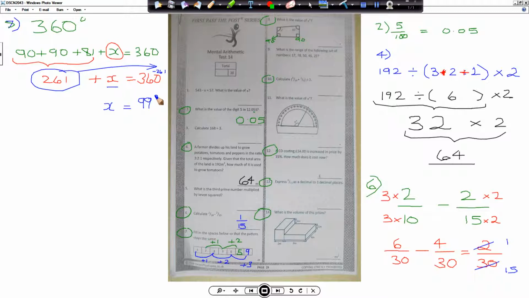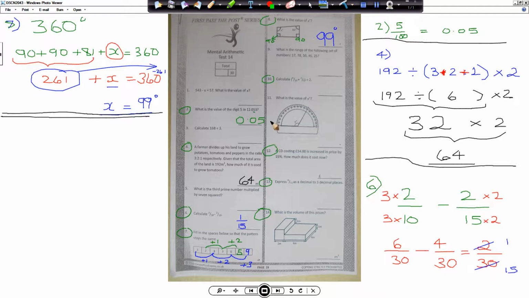No, got that right. Okay, but we're doing this for the ones who got it wrong. X is equal to 19. My next question is number 10. So we now have to work out